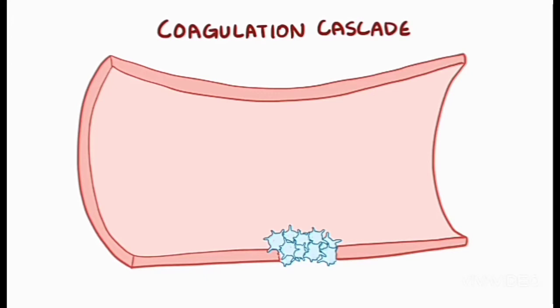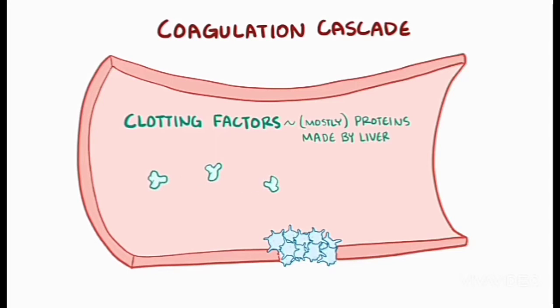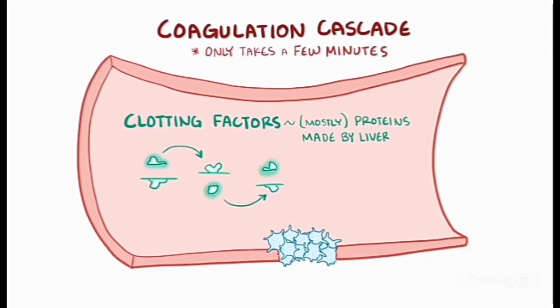After that, the coagulation cascade is activated. First off, in the blood is a set of clotting factors, most of which are proteins, generally synthesized by the liver, and usually these are inactive and just moving in the blood. The coagulation cascade starts when one of these proteins is proteolytically cleaved and activates the next clotting factor, and so on. This cascade has a huge degree of amplification and takes only a few minutes from injury to clot formation.